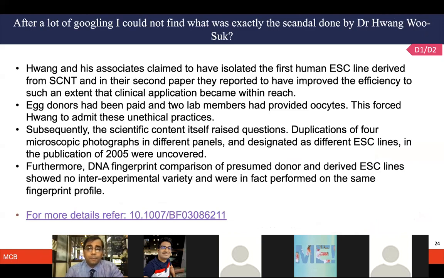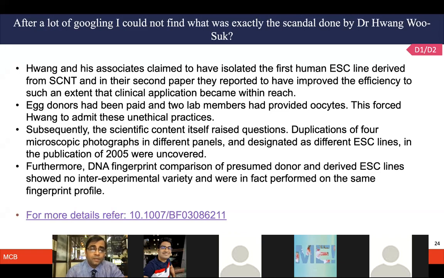But he started getting so much prestige, so much recognition in South Korea. He became like a really top individual in their country. People started admiring him very much. And I think, in the wake of reputation and so much prestige, probably he became too greedy, and lot of stuff started coming from his lab, which was not reproducible.